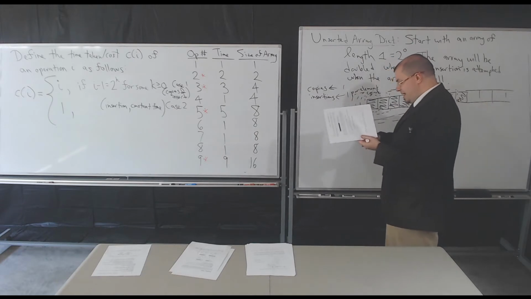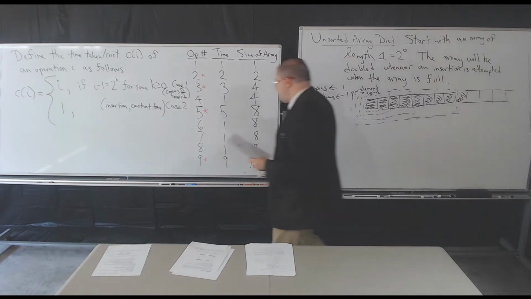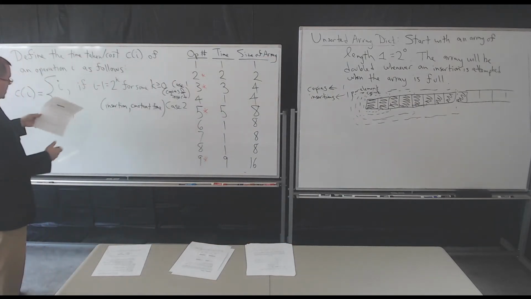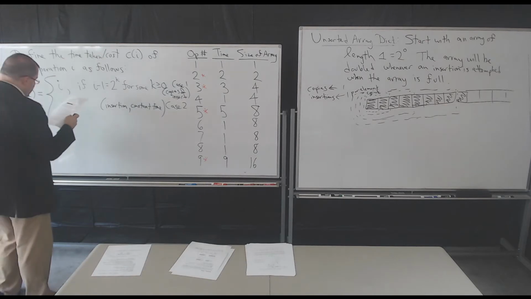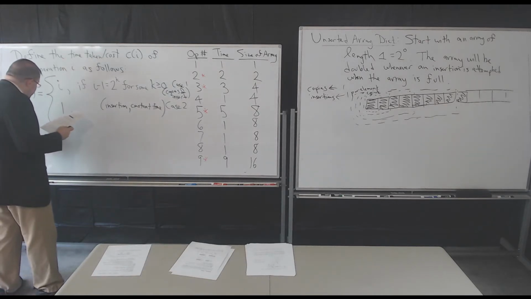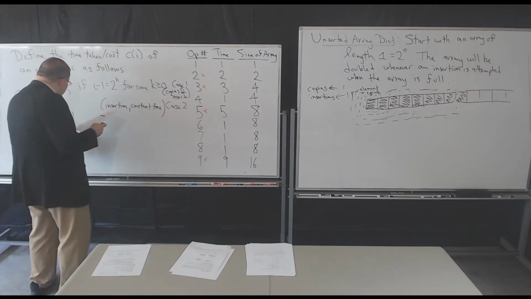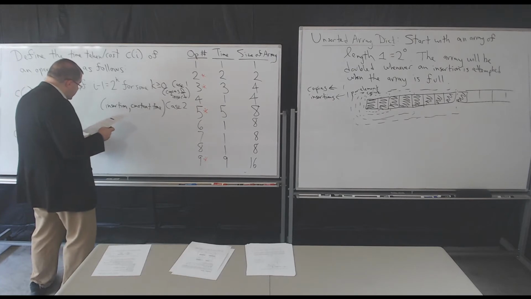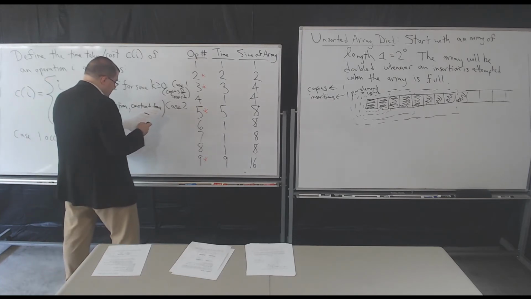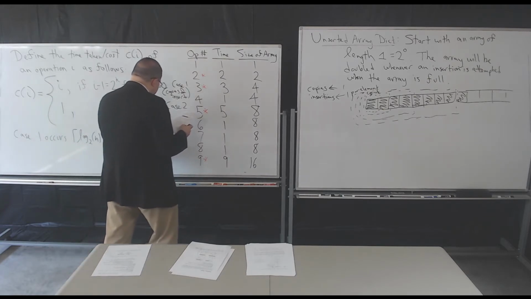How many times does that happen? It's dependent on the powers of 2. So how many powers of 2 are possible given that number? Now, let me write it down. So case 1 occurs the ceiling of log base 2 of n times, as the array is resized